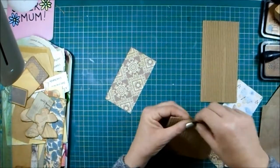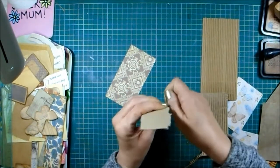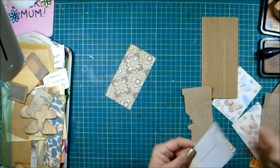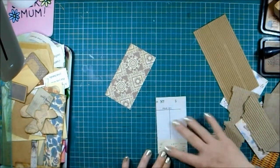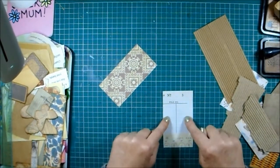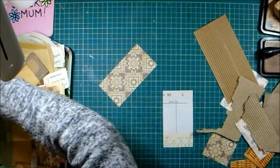Right, it's really easy to tear and it's really lovely to work with. So, I think it looks so cute. So, let's start with a bit of this. Before I start layering up some texture, you could journal straight onto that. But I've got quite a lot of